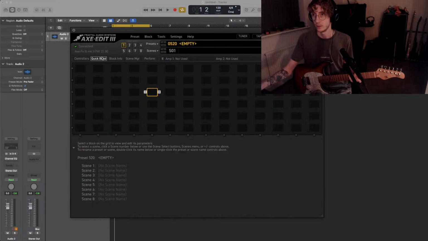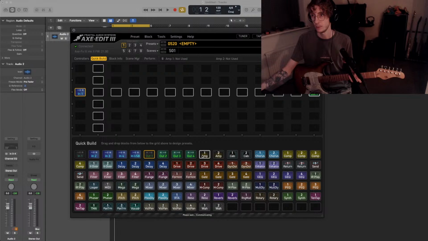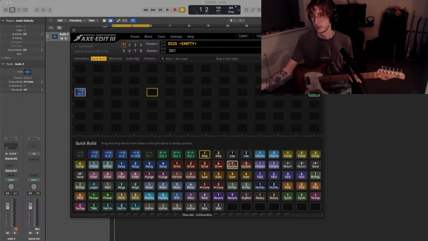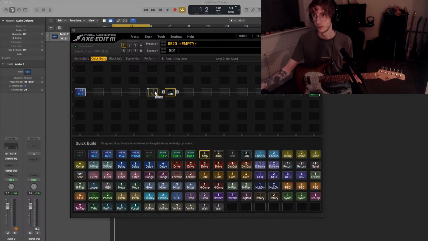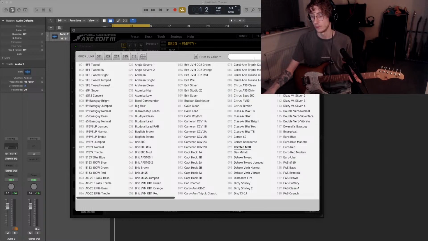This one I'll do quick: build, input, output. Where's output? Drag the cable over. Amp one. Why did the cable disappear? Oh, there it is. So for mid gain stuff, you can't really go wrong with